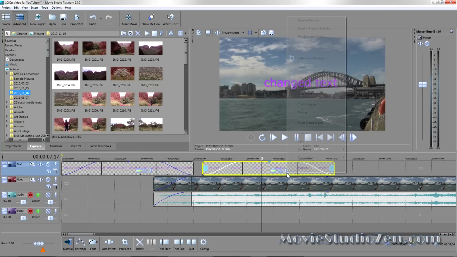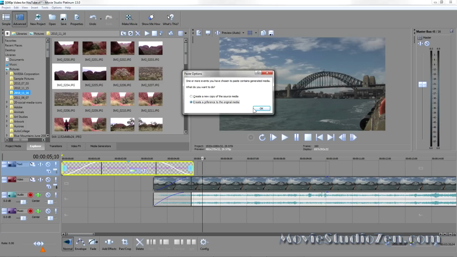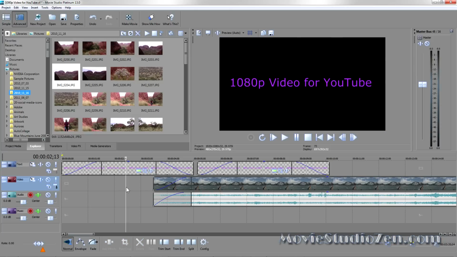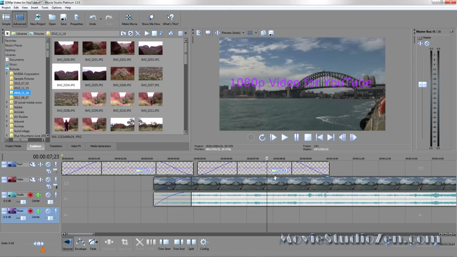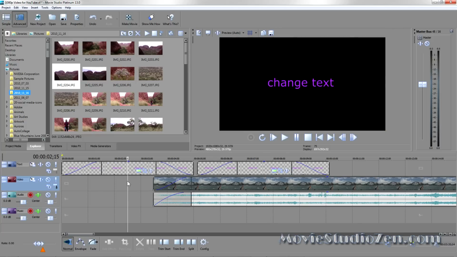If, however, I'll just get rid of this, hold the control button down, drag this across, and select the second option, it creates a clone which affects all the other clones as well. So that's the same words, that's the same words. If I press this generated media icon, go in, open up the box, and then change the text, watch what happens to the original copy. It's changed as well. So that's what that second mode does. It creates a clone that affects all the other clones. So be aware of that.